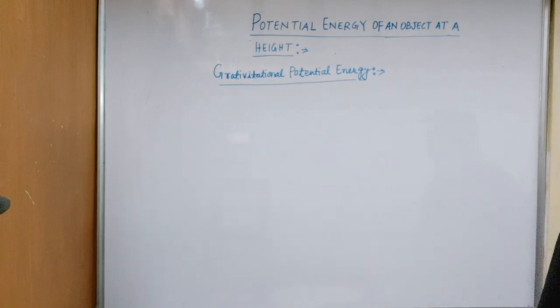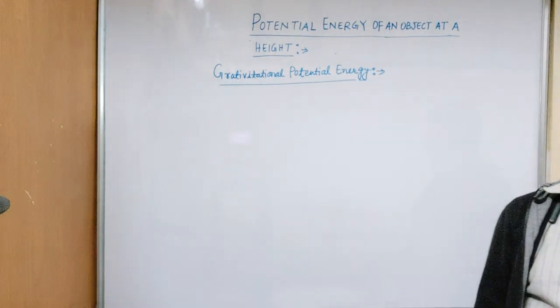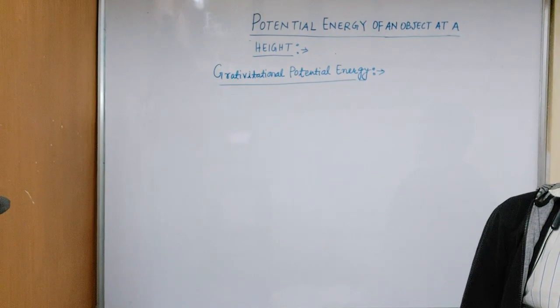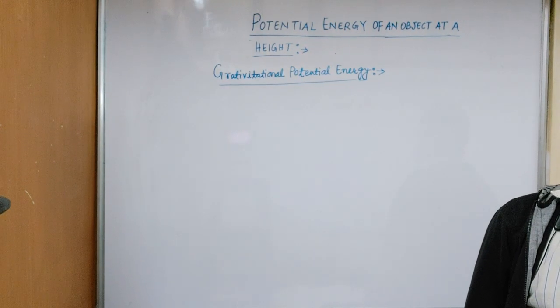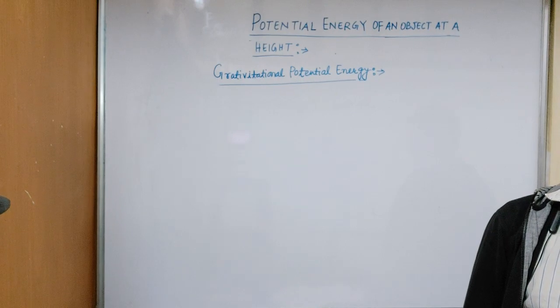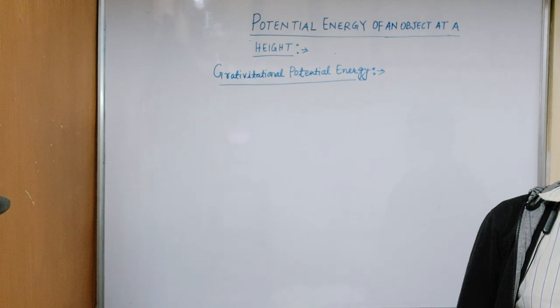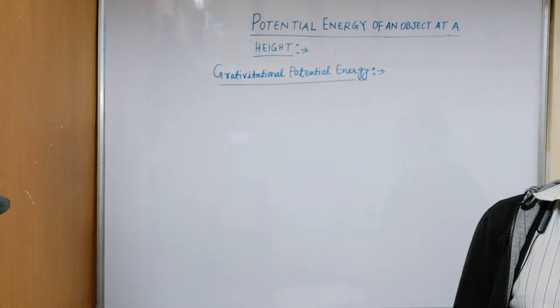Write down the gravitational potential energy. The gravitational potential energy of an object at a point above the ground